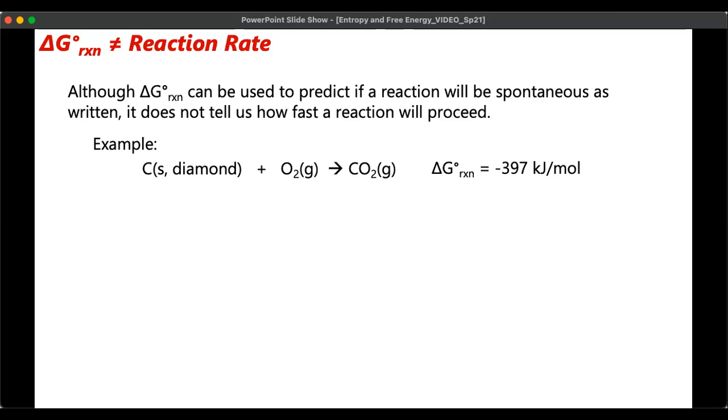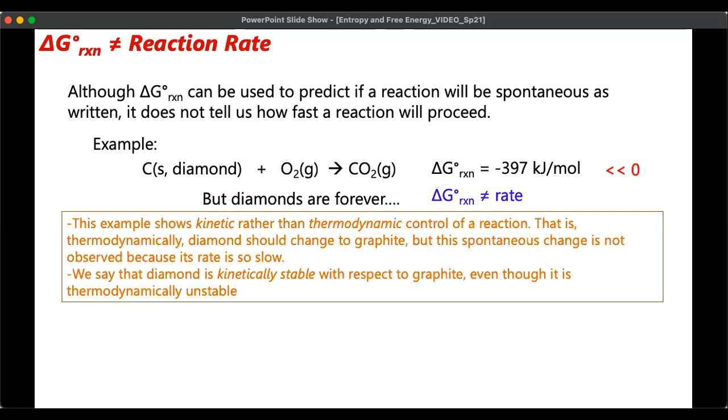But we don't usually see diamonds spontaneously bursting into carbon dioxide gas, right? This is much, much less than zero. It's a very spontaneous reaction, but it's not a fast reaction. Diamonds are forever. This is an example that illustrates the difference between kinetic versus thermodynamic control. Thermodynamically, diamonds should change to graphite or to carbon dioxide, but the spontaneous change isn't observed because it's very slow. We say that diamond is kinetically stable with respect to graphite or with respect to reaction with oxygen,